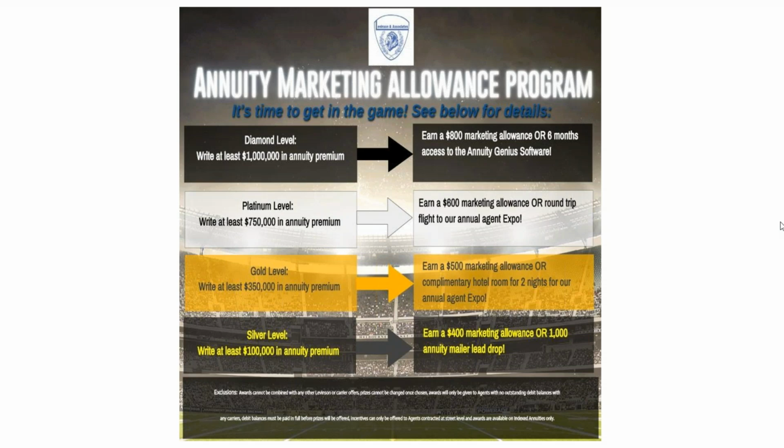Now, if you make it to the $750,000 level, it's a $600 marketing allowance or round-trip airfare to the expo. And I know there's a lot of non-Florida people or people from the other end of Florida on this. And like I said, it's a nice trip and it's a great experience, to meet other agents and the speakers and the education. And then at $1 million or more, we give you the choice of an $800 marketing allowance